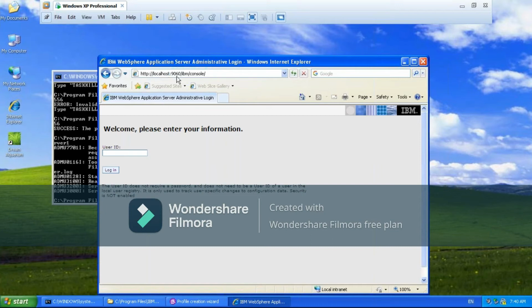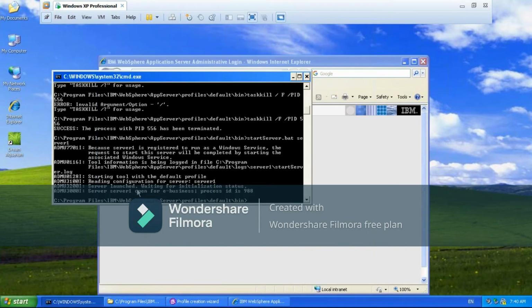From here, when you give 9060, how does this localhost, the physical system, come to know that 9060 is used by server1? How will it come to know? Because server1 is started with the process ID 988.